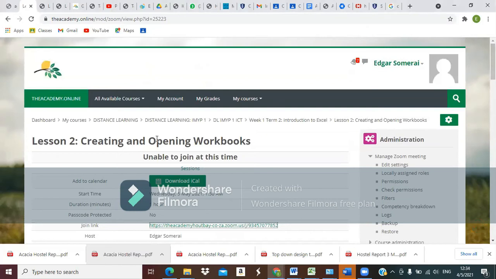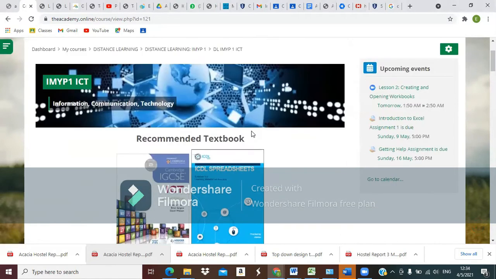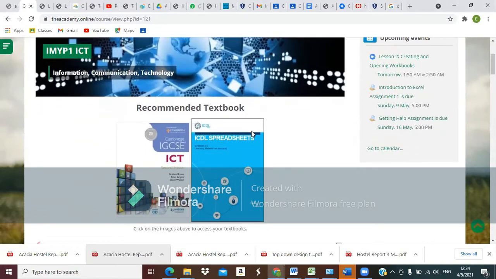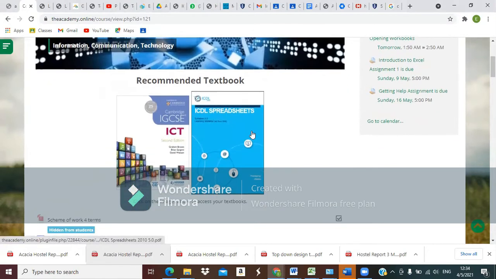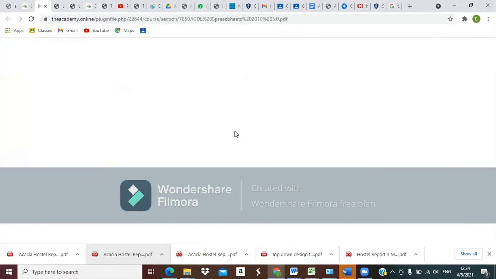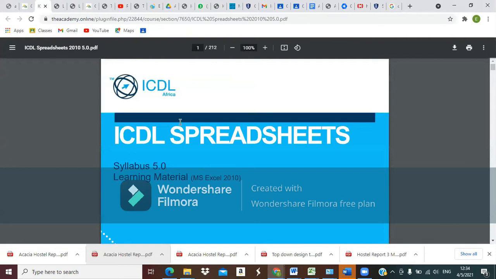Access that information at a later stage. Okay, so what I want to quickly do is just go back to the same information, and I want to just make reference to a couple of things as you are doing this course. The first one is under the recommended textbook, I've placed another resource there that's called the ICDL spreadsheets. We will make use of it because that's the module that we are doing. Don't worry too much because the resource there says